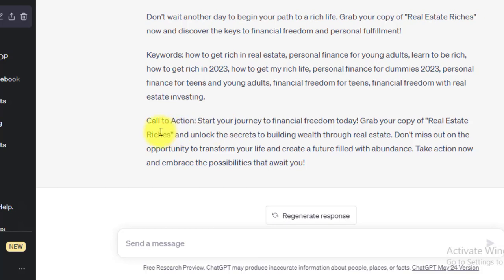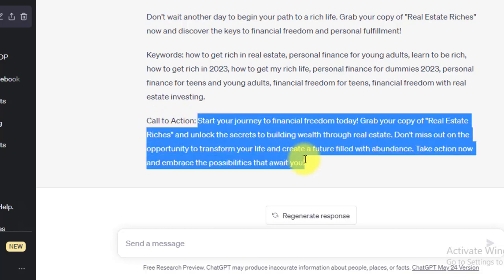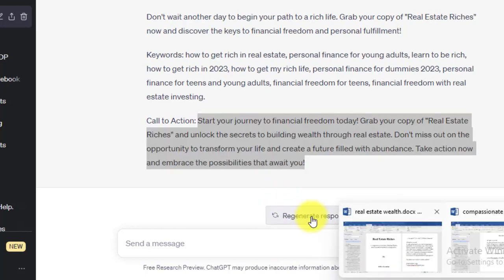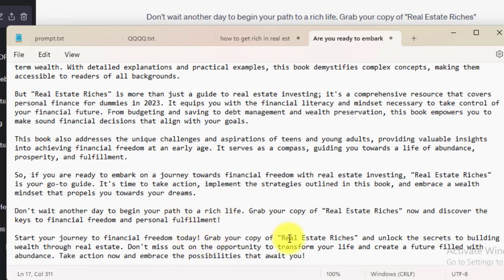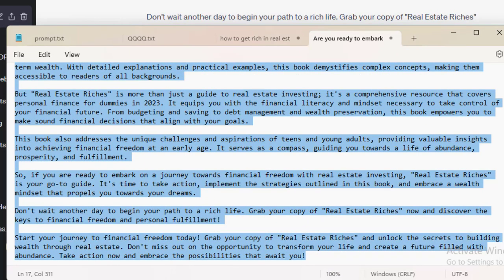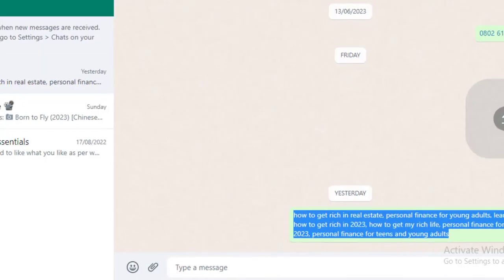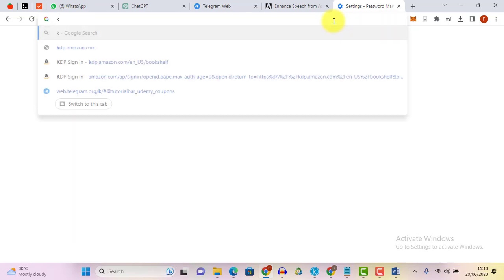So then I'm going to copy this too. Alright, so that's the description. That'll be our description. So I'm just going to Control A, Control C. Then I'm going to have to come to